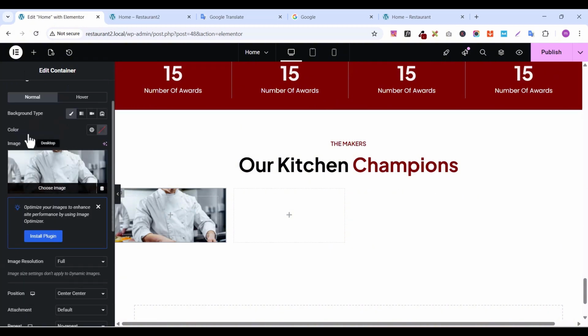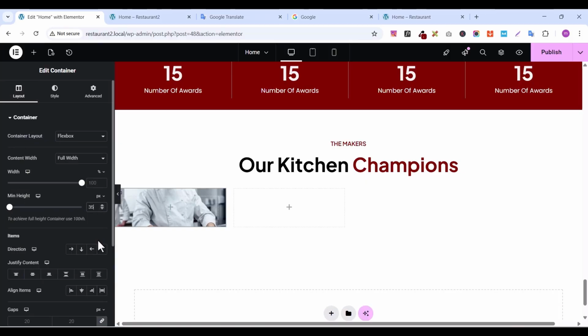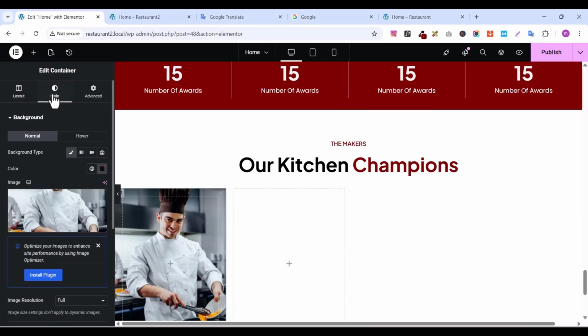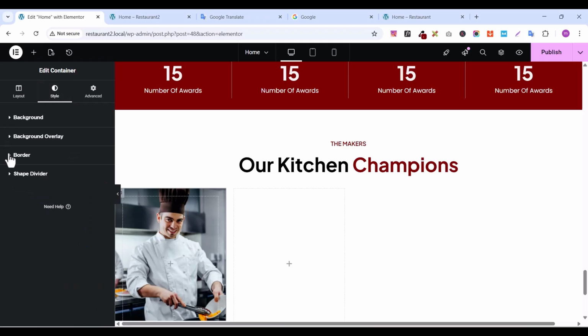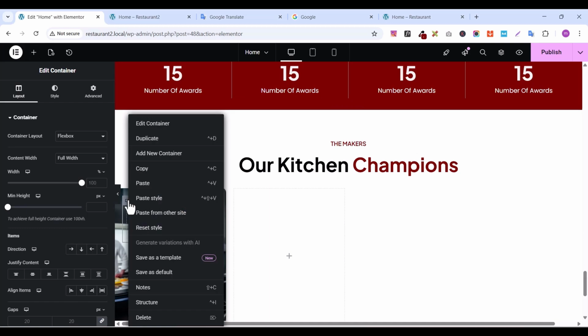So let's go back to layout and give it a minimum height of 350, and go to style, go to border and add a border radius of 10. So after that, let's go to our element panel and drag a container inside here, and let's duplicate that container